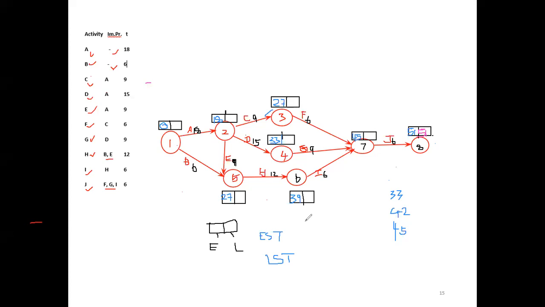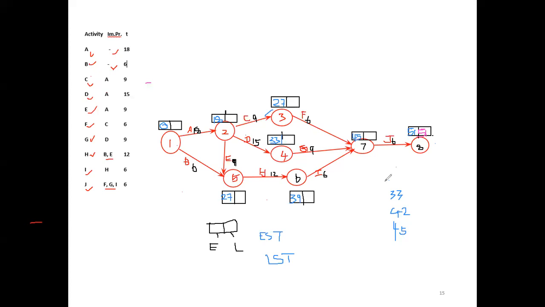So simply we can say latest start time. Since the project is finished at 51, EST and LST should be equal. So from the 51 we have to do the backward calculation. Unlike the forward pass, here every activity time is added to come to the 51. Now from 51 we subtract the activity time estimate and bring it to 0. Then where EST is equal to LST, that activity is a critical path activity.